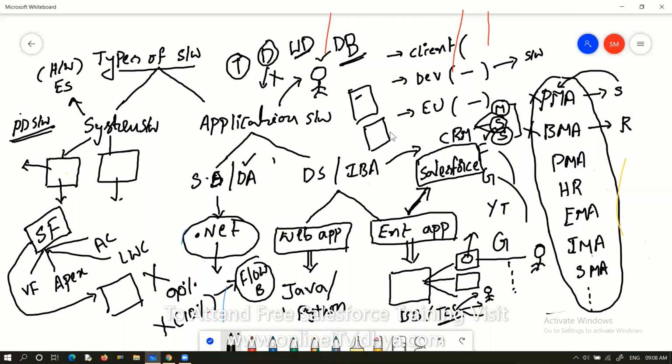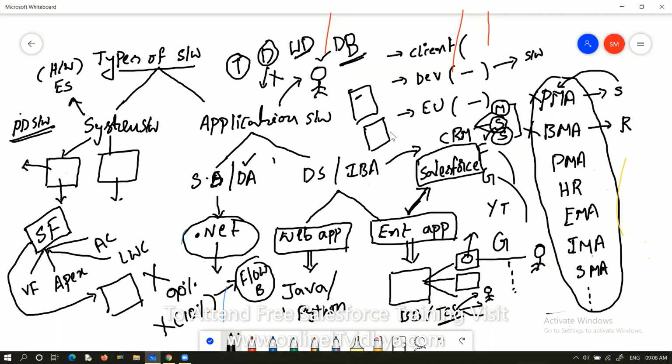Maybe within Salesforce itself you have to update for new features, but you need not shift to a new technology. That much demand and craze is there for Salesforce.